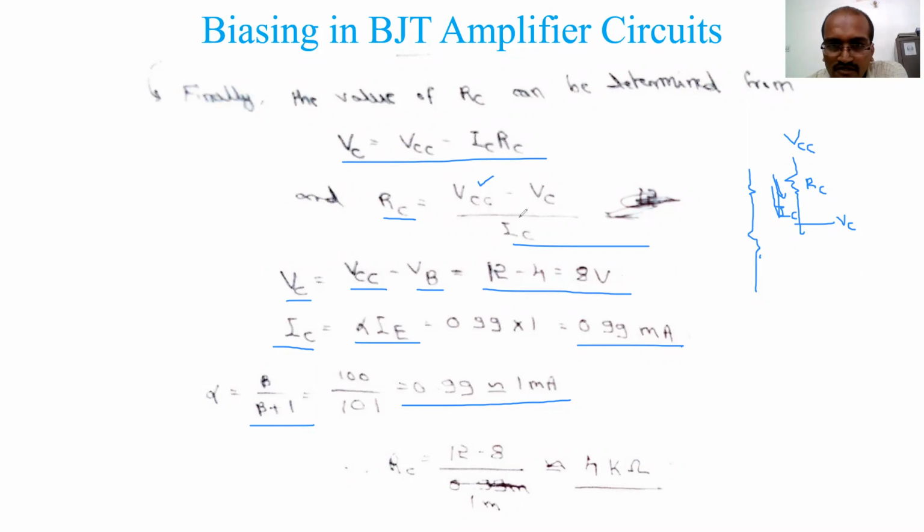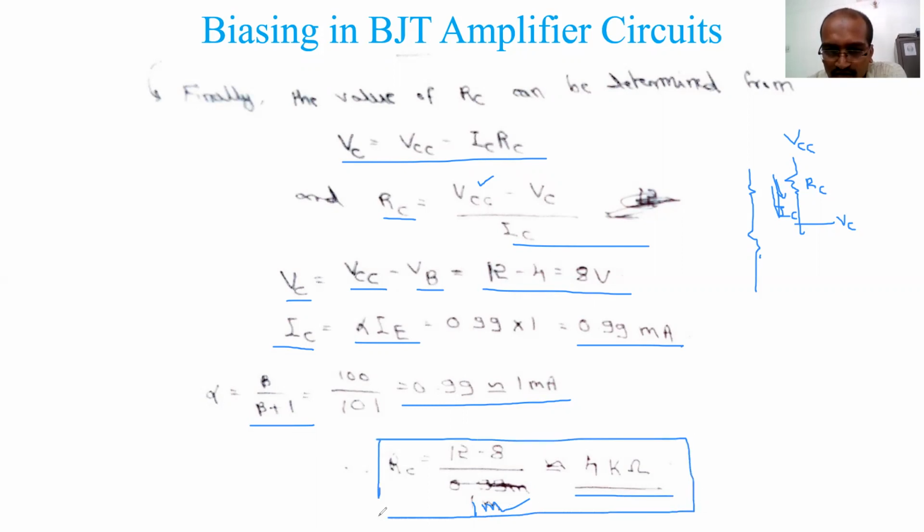Now if you substitute these values, VCC is 12, VC is 8, so 12 minus 8 divided by 1 milli. You can take 0.99 milli also. Again, approximation, it will come near 3.8, something like that, so 4 you can write. If you take 1 milli only, directly you will get 4 kilo. So this is the value of RC. Here the design is over. In the first bias circuit, the voltage divider bias circuit, RE, R1, R2 and RC are all designed. So this is the answer for the problem. Clear? Just go through it once again. Read it, write it once, so you'll understand.